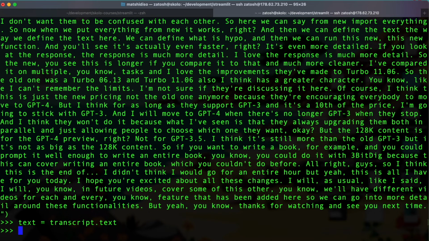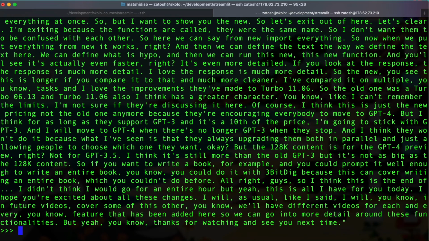So if you do that and you just say the text, you'll see it gets you the text. And what you can do is save the text into a TXT file, and then you'll have it as text. You can read it, but ideally what I would like to do with this is to feed this back into